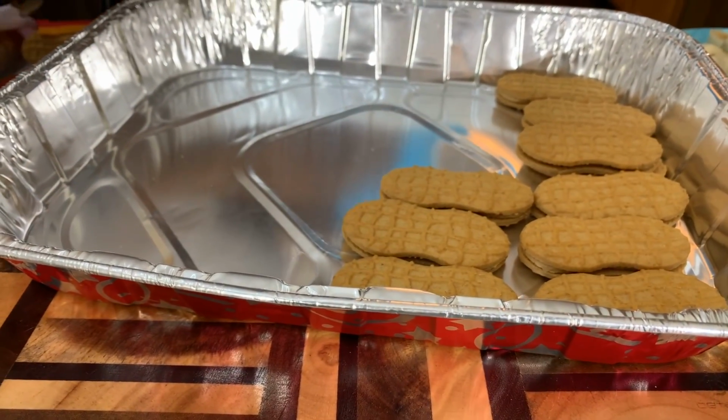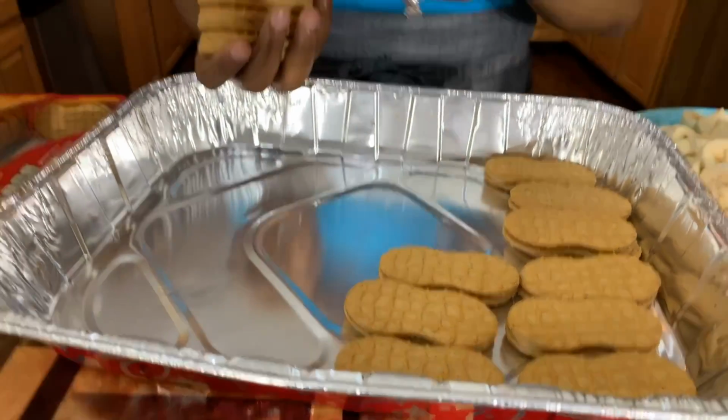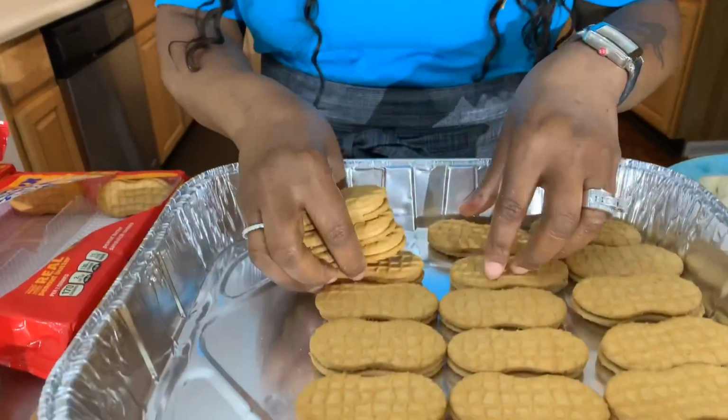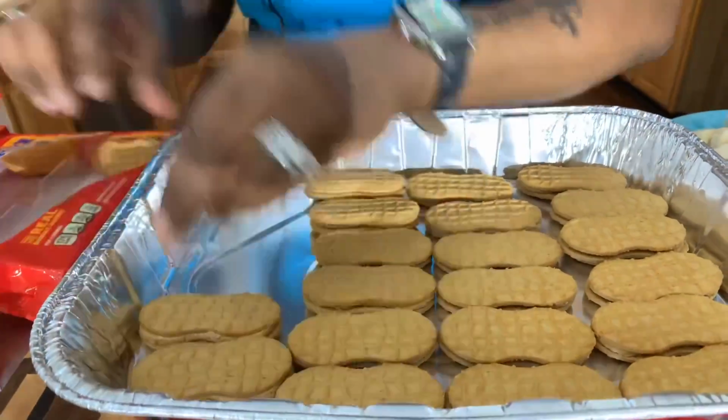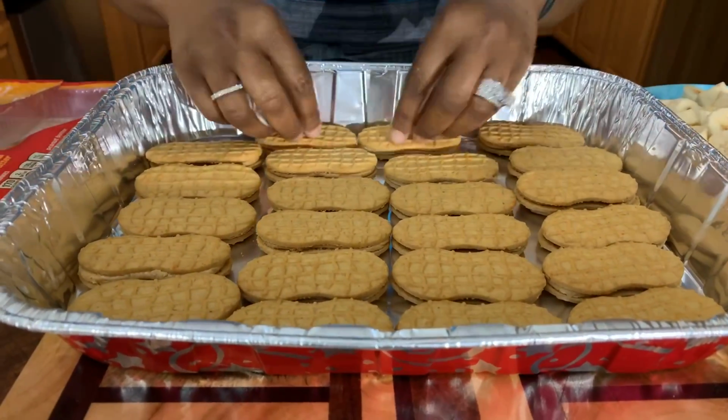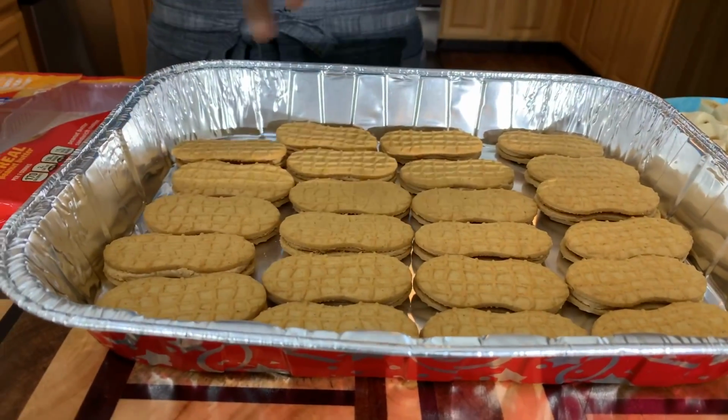Now what happens when that banana pudding and that Cool Whip and these bananas kind of seep down into these cookies after the first day? You have a match made in heaven that you will never forget. The kids love it. The adults love it. You're going to love it. You're going to go nuts over it. You're going to go peanuts over it. Come on, Gina. All right, so now that we have cookies down in the bottom,